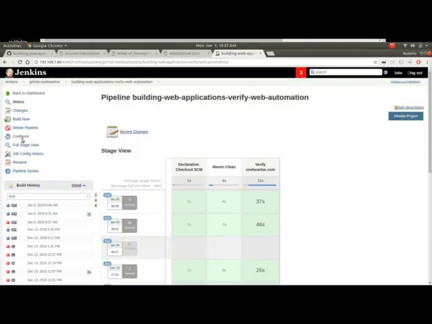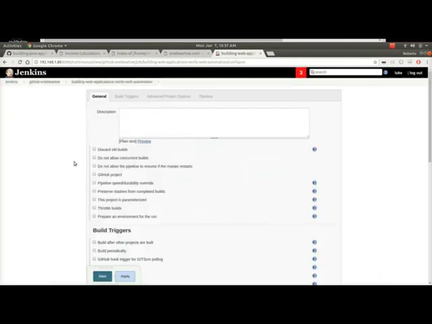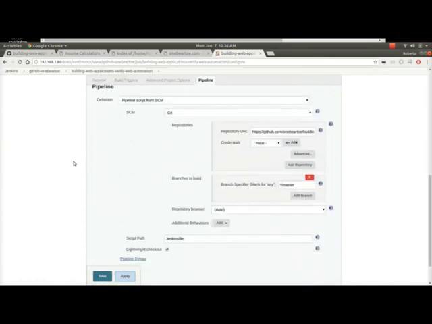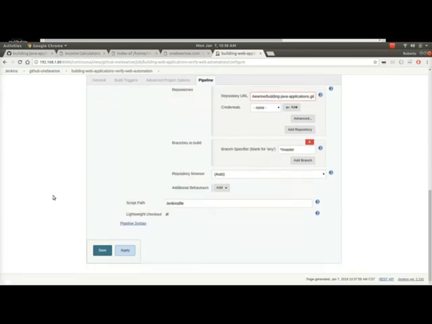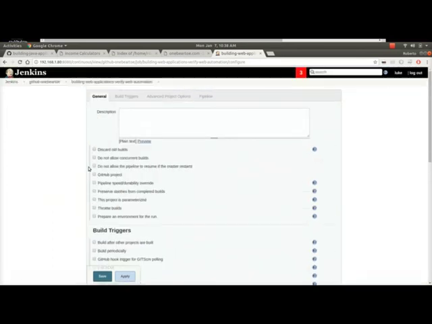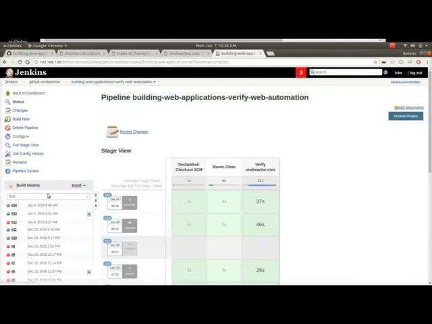Okay, so let's go through it. So here I have a job already built for build web applications, verify web automation. And if we look at the configuration, you'll see there's nothing fancy going on other than it's a standard Jenkins pipeline that's pulling the configuration from source code, namely Git, at this URL. And it's the Jenkins file. And when we run it, I'll run it right now, and hopefully it'll be done by the time